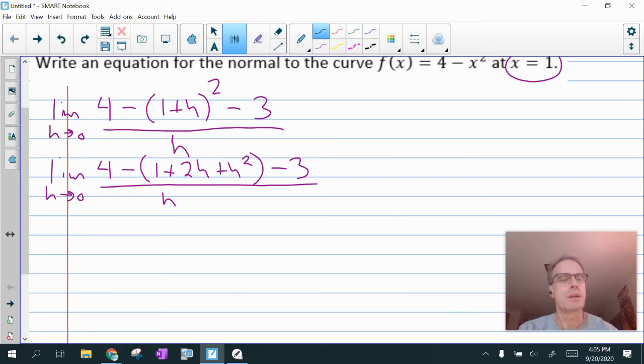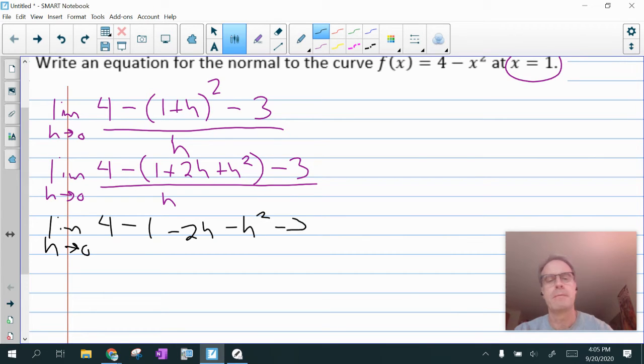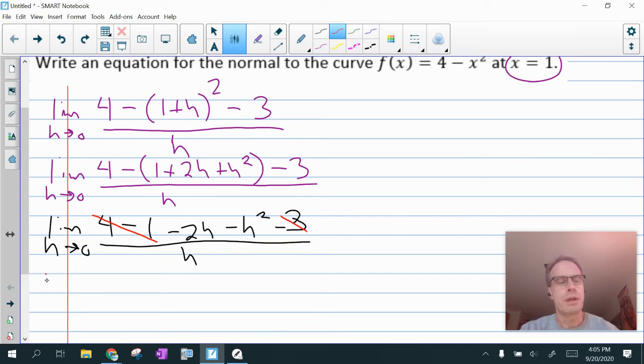And let's change colors because it's getting boring. Okay, the limit as h approaches 0 of 4 minus 1 minus 2h minus h squared minus 3, all over h. At this point, I am going to try and clean stuff up. So 4 minus 1 minus 3 is going to get me a grand total of 0. And so now I'm looking at the limit as h approaches 0 of negative 2h minus h squared